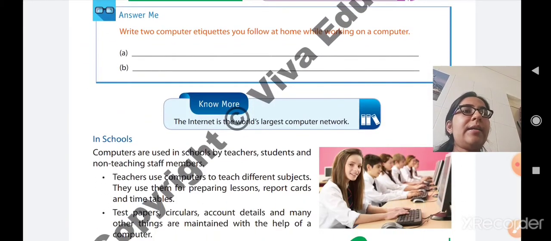We have studied how computers are used at home. Now we will study how computers are important and how they are used in school also. The computers are used in school by teachers, students and non-teaching staff members. It means that teachers also use it for their personal stuff, for preparing the question